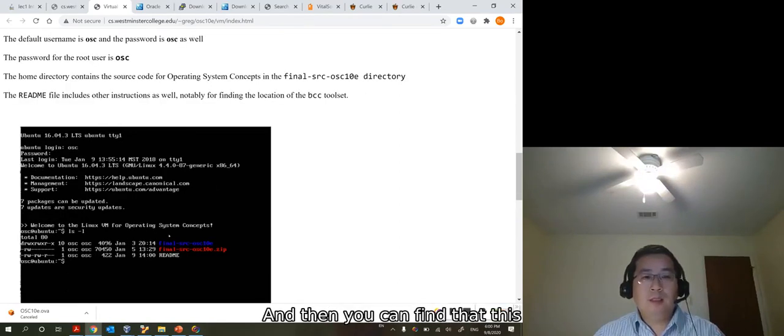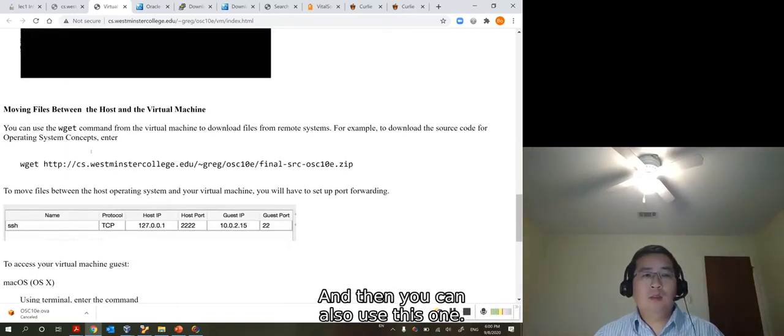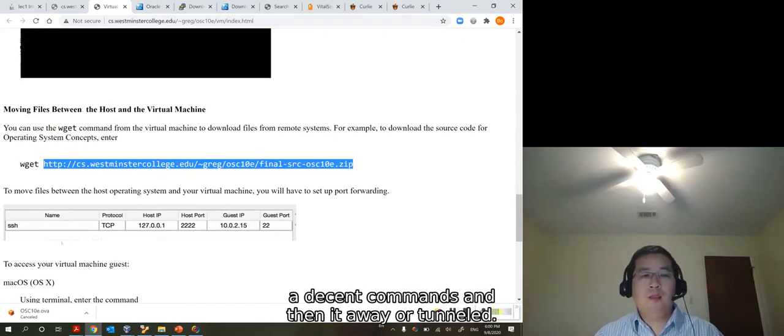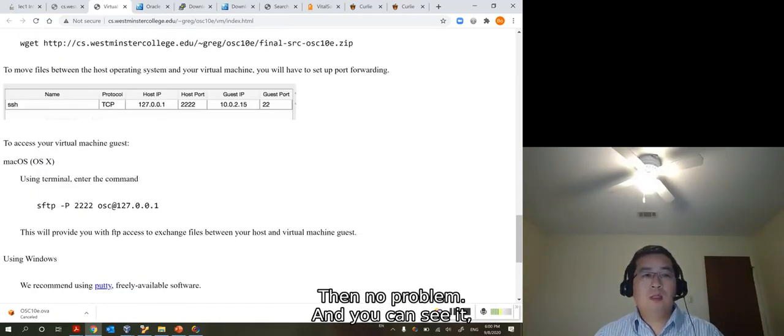Just check whether it works. And then you can also download a file from a website. For example, I want to download all the source code from the website. You just input these commands, and then it will download. I also tried, it works. No problem.